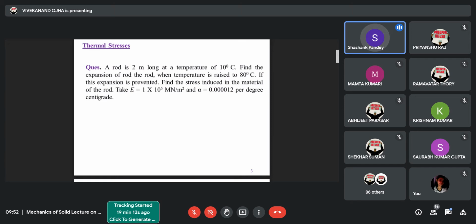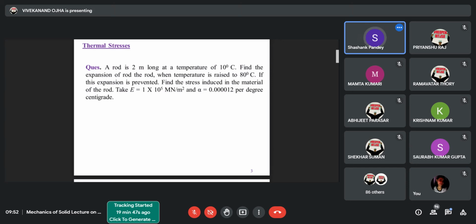Please try it on your own. You have the solution, that's good, but please try it on your own. The first part was to calculate the expansion. If stresses were not asked, then you may calculate this. The motto of what we are studying under this heading is thermal stresses. So you can calculate the value of thermal stresses, which will come out to be 84 Newton per